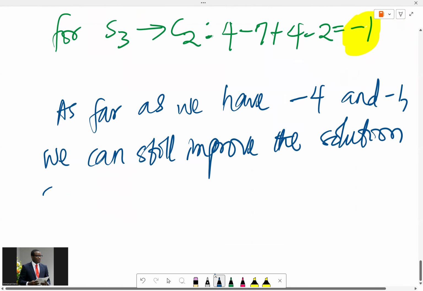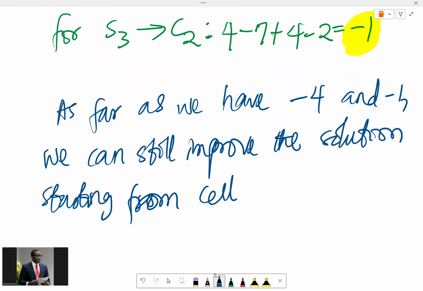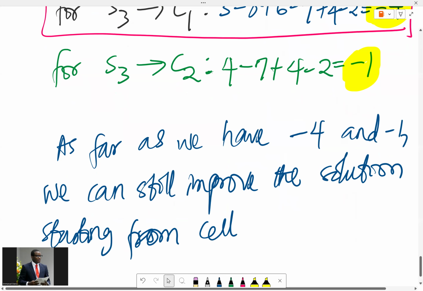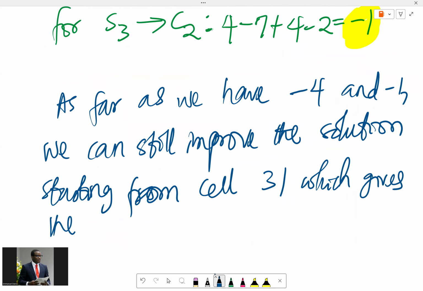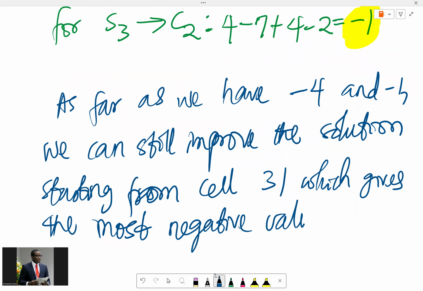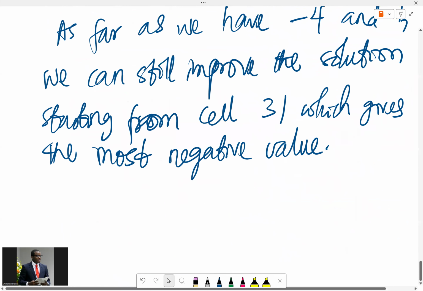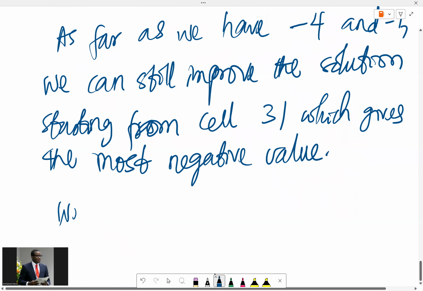All right, starting from cell 3,1, which gives the most negative value. Okay. And we start by assigning